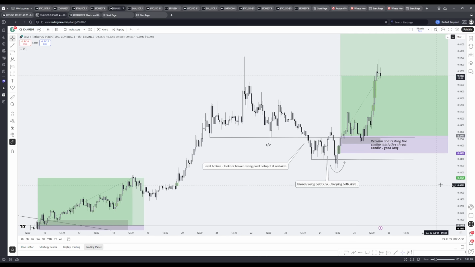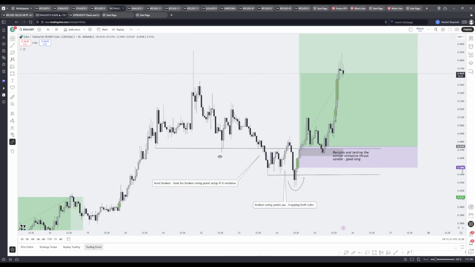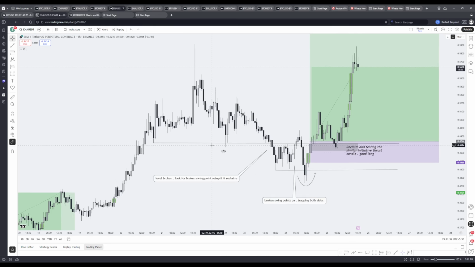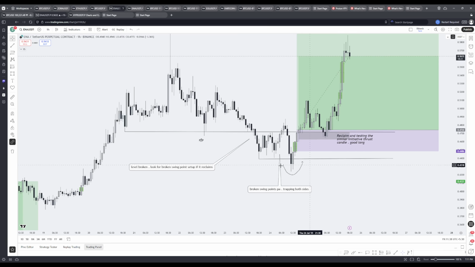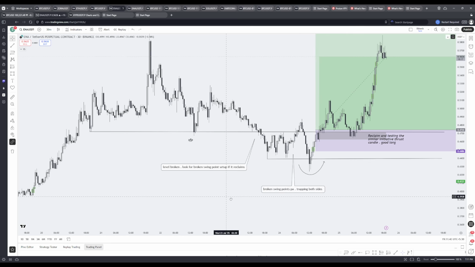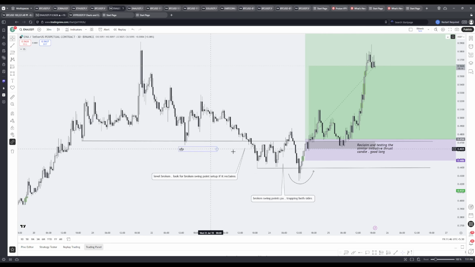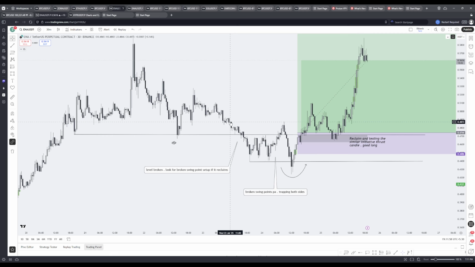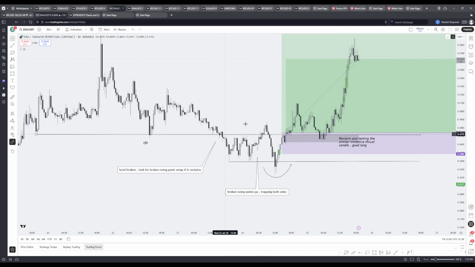Okay, second thing, this I actually took yesterday, because I know SFP is a really great setup, but I really love this type of broken swing point setup. You may ask, what are broken swing points? Basically, whenever we get an SFP, people always love to get a retest to long, because they see 3 tap and all those things, and they always wait for a retest to long, right? So whenever we break such a level, this is basically the broken swing points